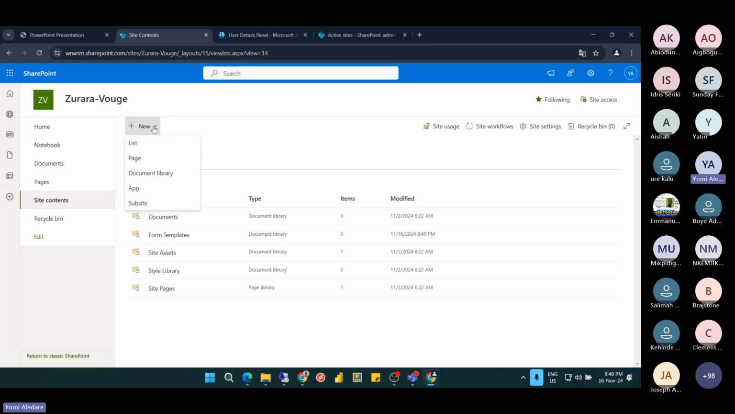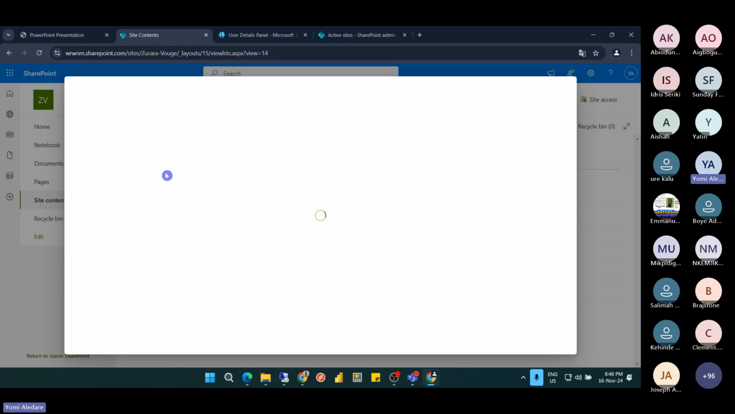And we're looking for document library. So I'll click on it, document library. It should give me an option to choose a name. So we'll call it